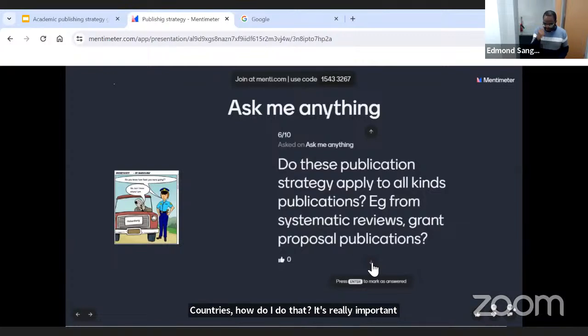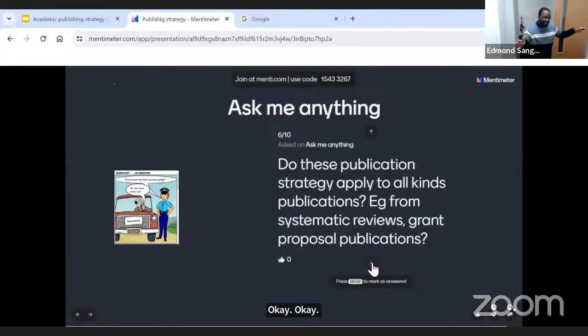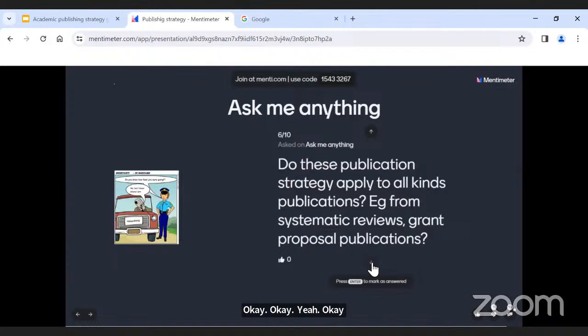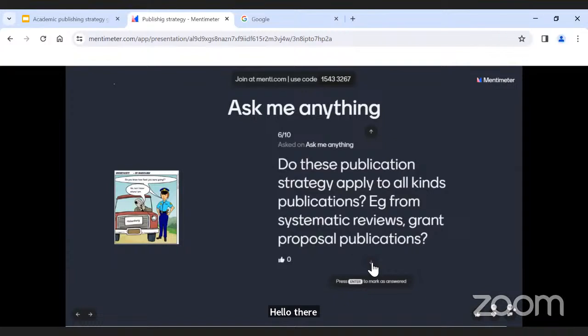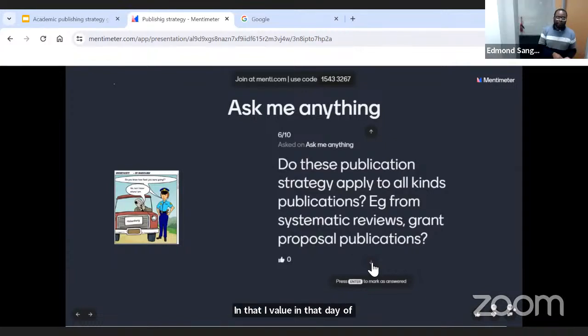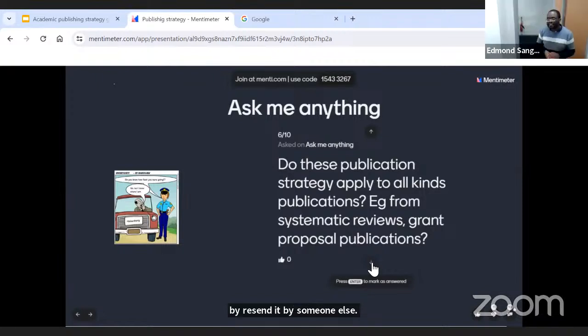I had one friend, I'll mention it. He moved from a high resource country to a low resource country. That was his strategy, because his reasoning was, that's the only way that I can do research that I love and that I value and that has impact. Because you notice that if I remain in a high resource country, my research is supported by someone else. So yes, it can be a very valuable strategy.